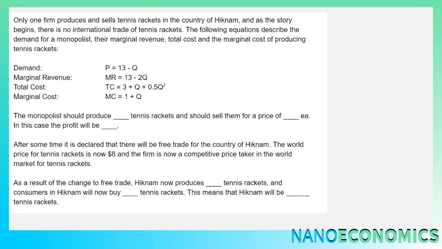So only one firm produces and sells tennis rackets in the country of Hicknam, and as the story begins, there is no international trade of tennis rackets. So the following equations help describe the demand for a monopolist, their marginal revenue, total cost, and the marginal cost